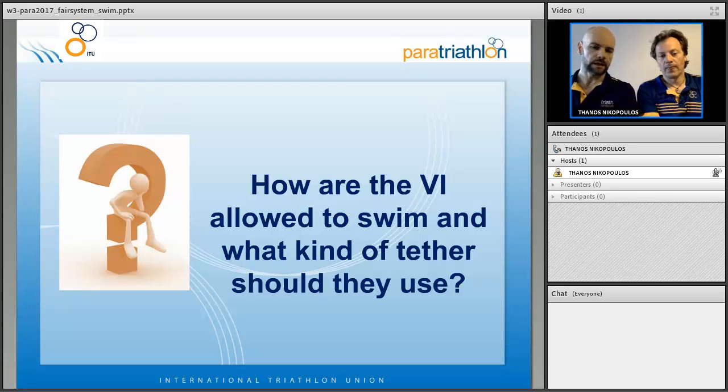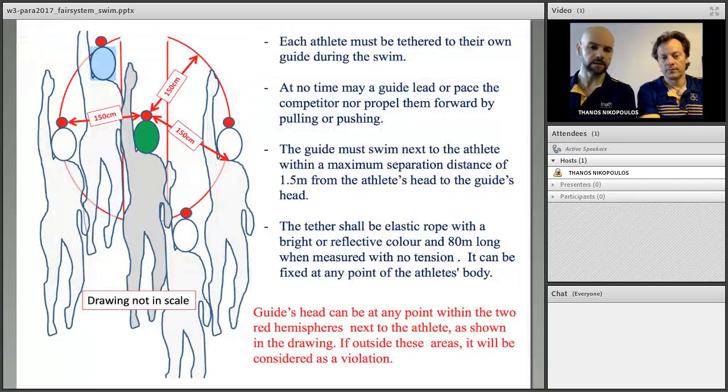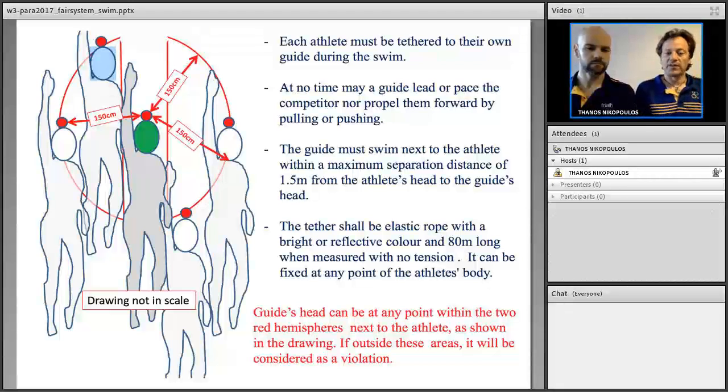Okay. As we mentioned before, the VI athletes, the blind athletes, are asked to be tethered with their guide. So Eric, can you explain to us a little bit the rule and how this is working? So we don't impose the part of the body by which they have to be tethered, but there are specifications on the kind of rope that they have to be attached by. It might be at the thigh height, the knee height, at the hip height, etc. What is important is that the separation of the heads between the guide and the athlete can be a maximum of 150 centimeters.